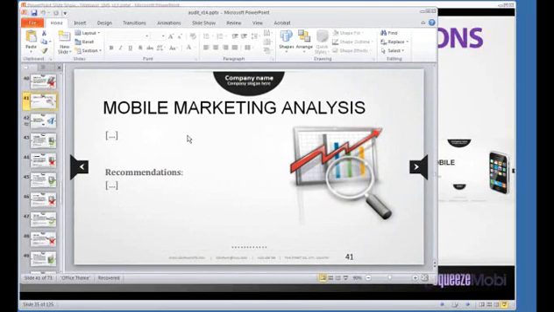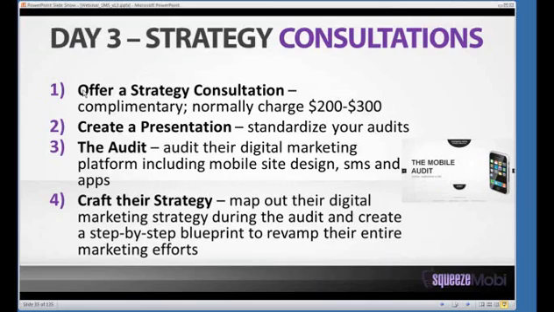Let me ask you, who does that put in the position of the authority figure, the expert figure? You, or their tech guy? Their guy that they're using right now who told them all about mobile and social media? No, it puts you, okay? So that distinguishes you above your competition and honestly annihilates it because you've already delivered so much value.